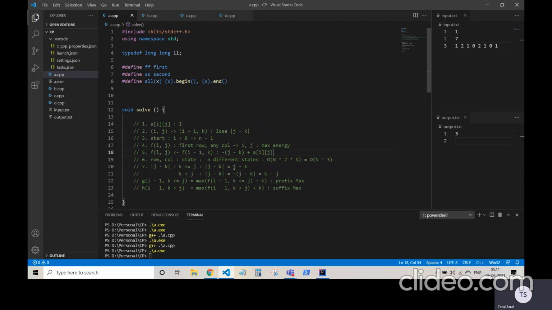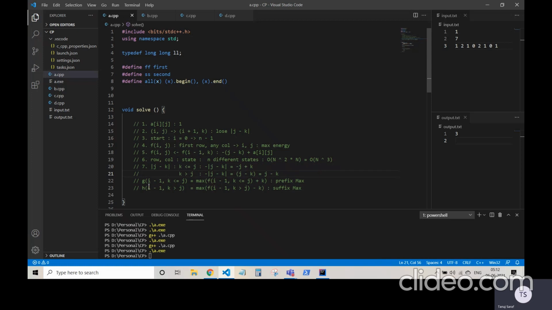One small mistake over here that I would have to rectify is that this was for mod of j minus k, but this is the amount of energy that I actually lose out. So this would decrease the current energy, so we have to take a minus of this entire thing. So basically our functions g and h are swapped. Instead of taking a minus k over here, I should be taking a plus k over here, and a minus k over here, because now this will become minus j plus k, and this will remain positive as j minus k.